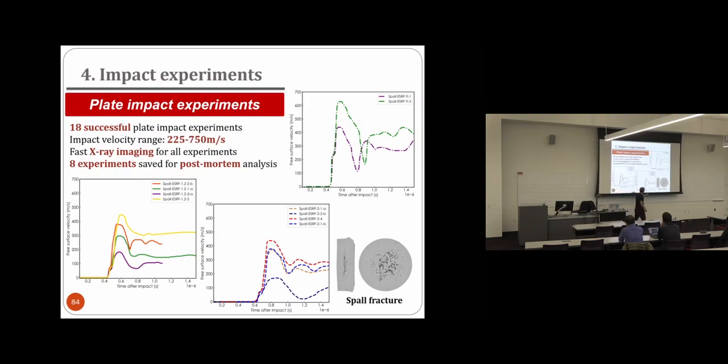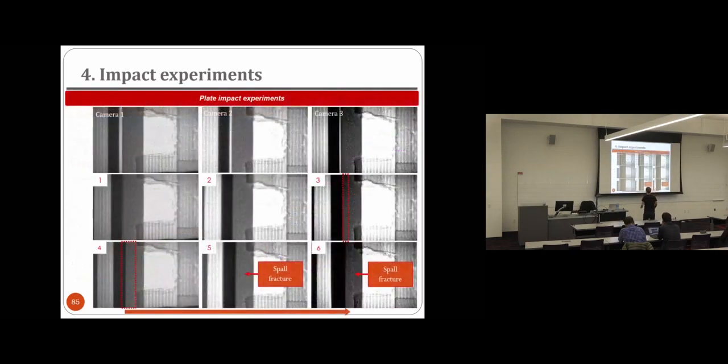And this is a tomography of the sample after testing. So you can really see here the spall fracture. And now I'll show you the images. Let's see if you see. I'm finishing with this. So this is the flyer, okay? So this is the impactor. And this is the target here. What you can see here, this is because we are using a pyramidal support to hold the specimen, and this is just the printing layers. So this is not a specimen; it's just what we are using to hold the specimen.